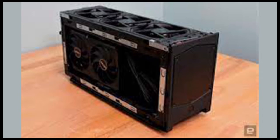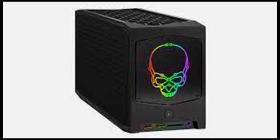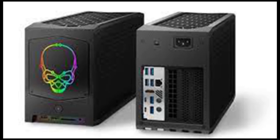And despite the tight quarters, temperatures didn't suffer much either. The GPU never went above 75 Celsius while gaming, and the CPU stayed under 80 Celsius as well. The fans were noticeable under load, but they were never as whiny as the ones you'd find on some gaming laptops. This being the ultimate DIY PC kit, I also had to tear it open to see just how modular